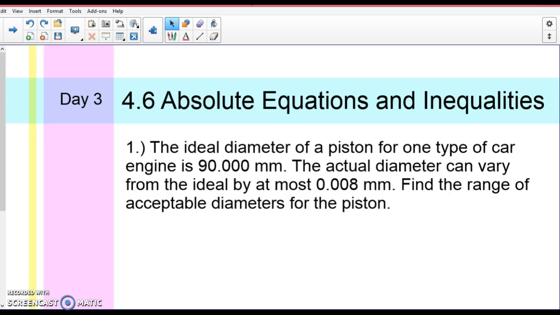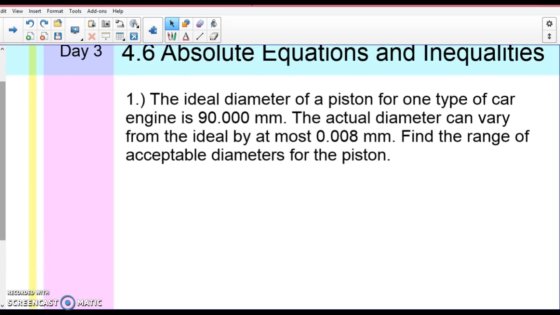It says, the ideal diameter for a piston for one type of car engine is 90.000 millimeters. The reason they have 0.000 millimeters, it shows precision. So that means they are being very precise. Because if I gave you 90, I gave you the number 90, couldn't 90 really be